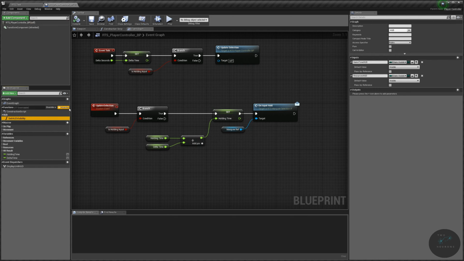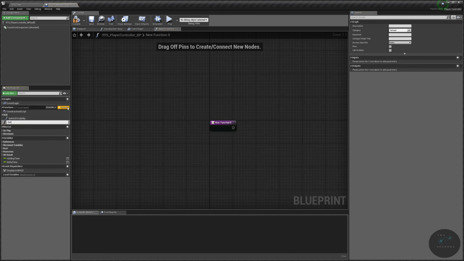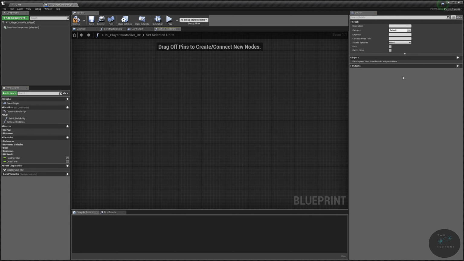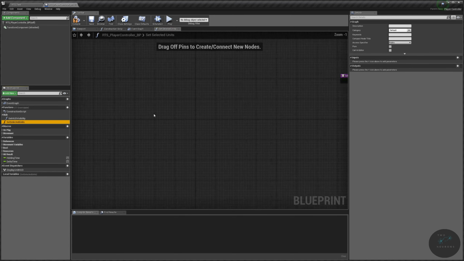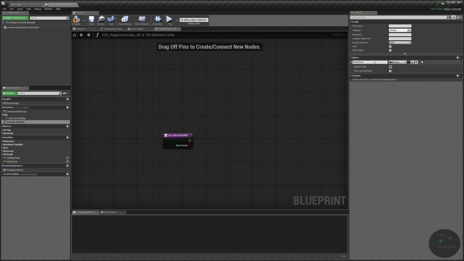It is going to be one function called set selected units. And in set selected units, all we're doing is adding in one new input, which will be selected